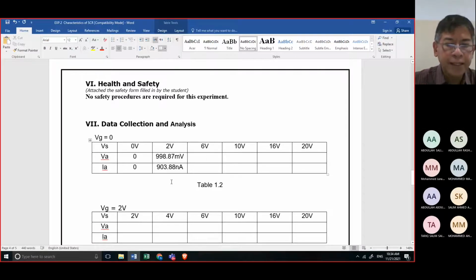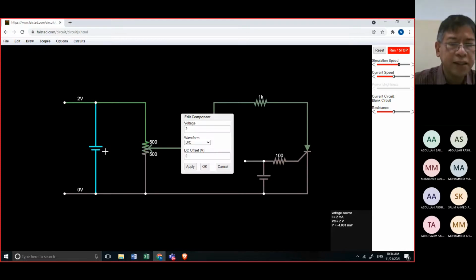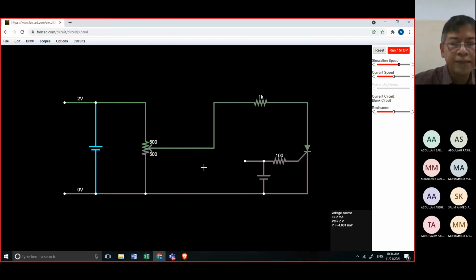Okay, the next, we will change this to 4 volts. Edit, we will change this to 4 volts. Then click OK.